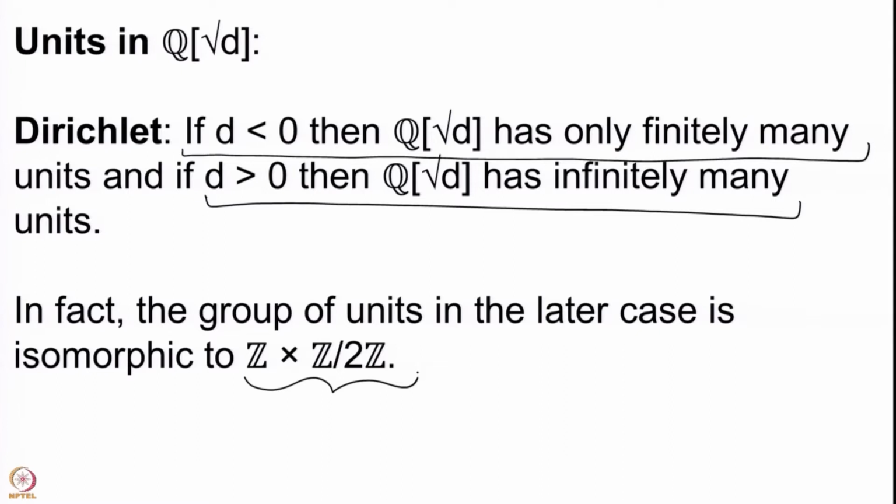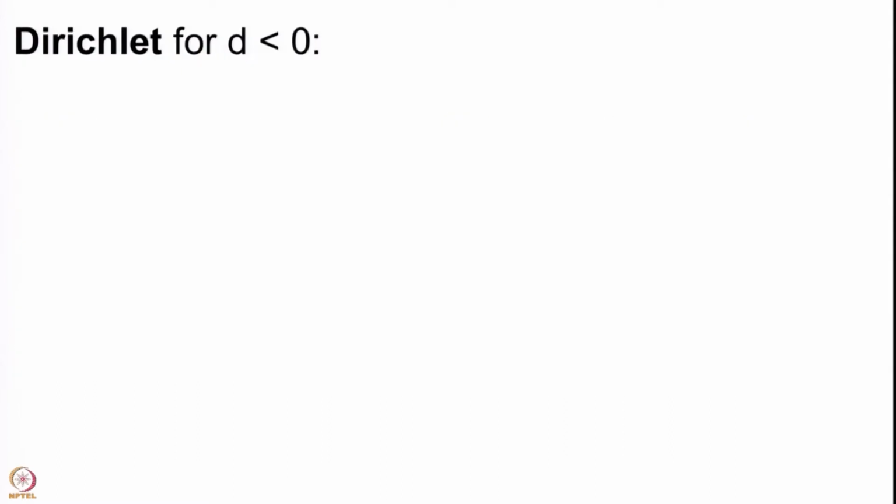We saw the proof for D less than 0 already. There were the possibilities that we looked at. So, we looked at the solutions to u square minus v square D equal to 1. This is the formula for norm of u plus v root D. Notice that in fact we could have had this norm to be plus or minus 1.